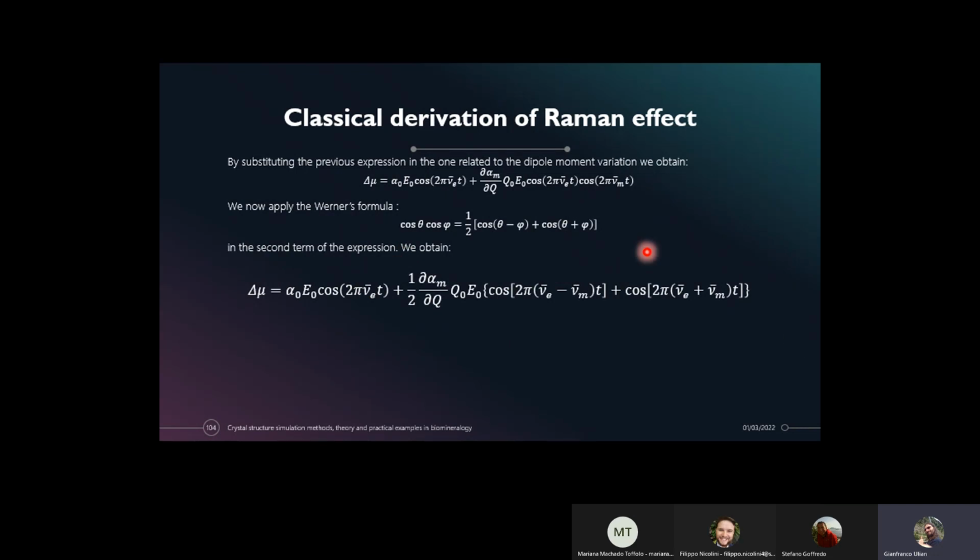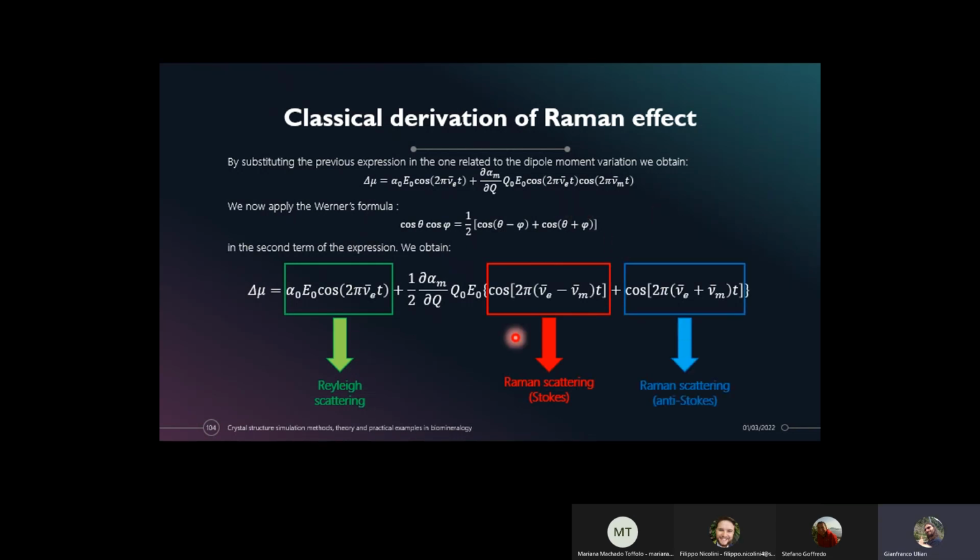Okay, you saw the whole derivation of the formula. You arrive at this final equation, where you can see that the signals you obtain at your detector are given by the Rayleigh scattering. So you obtain a signal related to the energy of the incoming photon, which is the elastically scattered photons, and two terms related to